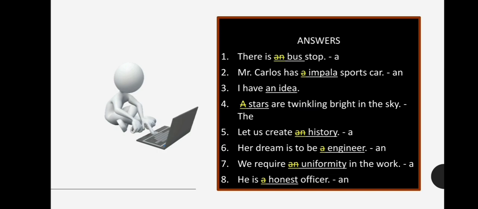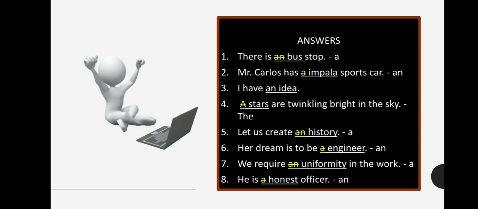Fourth one, a stars. Now I get my head stuck over here only. When I talk about stars, first thing, it is plural. So whenever it is plural, it is not going to be a or an at all. Because when we talk about a and an, it has to be singular. Stars, that is plural, that is why a will not come at all. So what will come? Only one thing remains, the. The stars are twinkling bright in the sky. Now here also the sky, because sky is the only one we all have. No other copy pasting thing in that. That is why the sky.